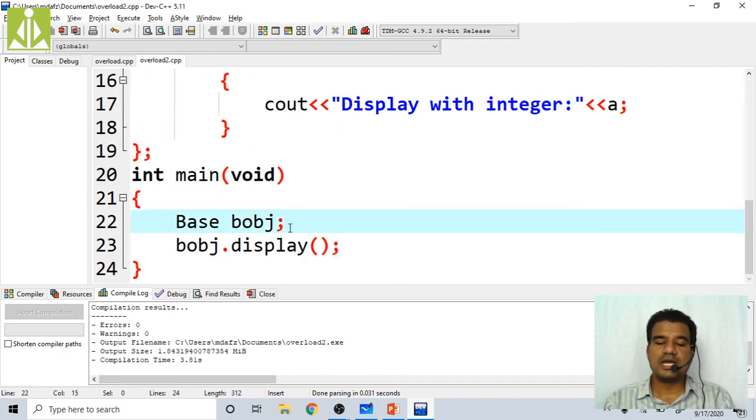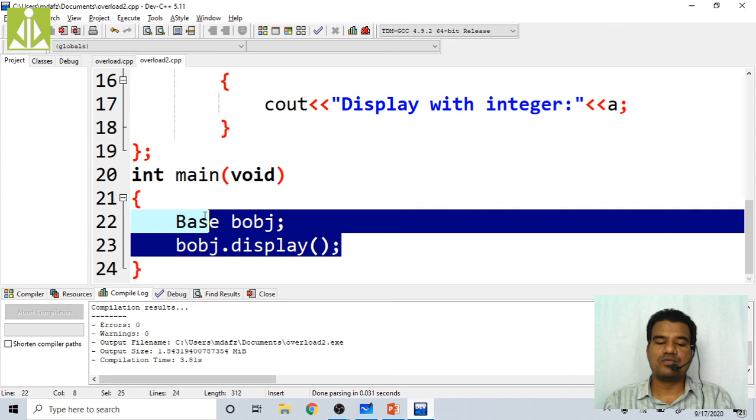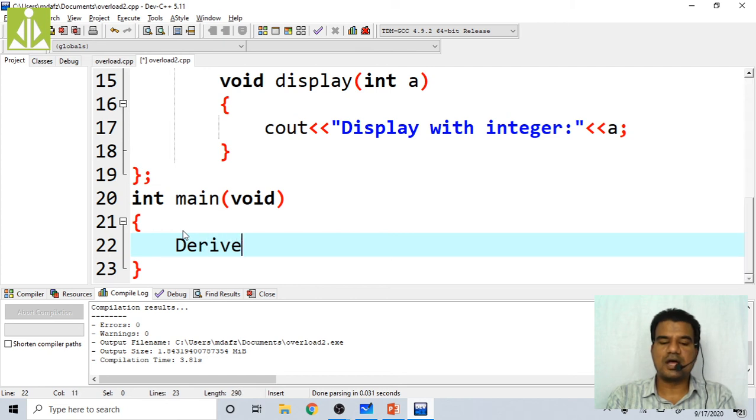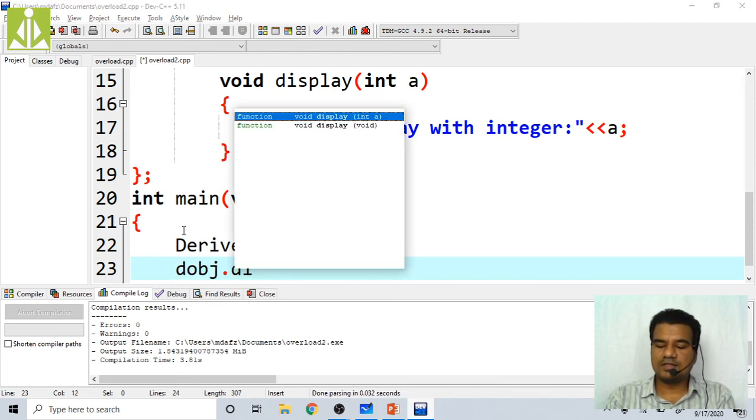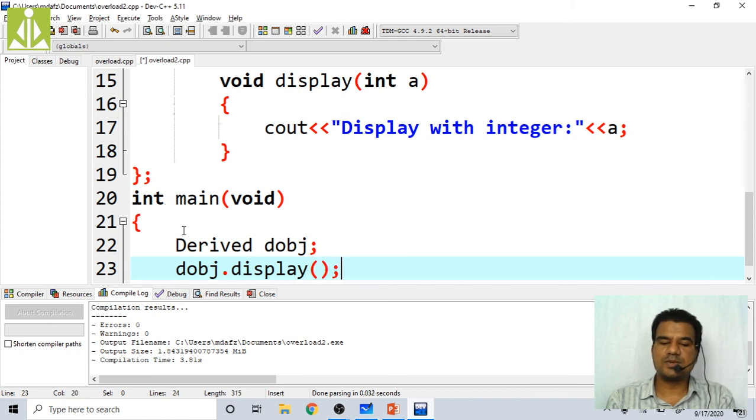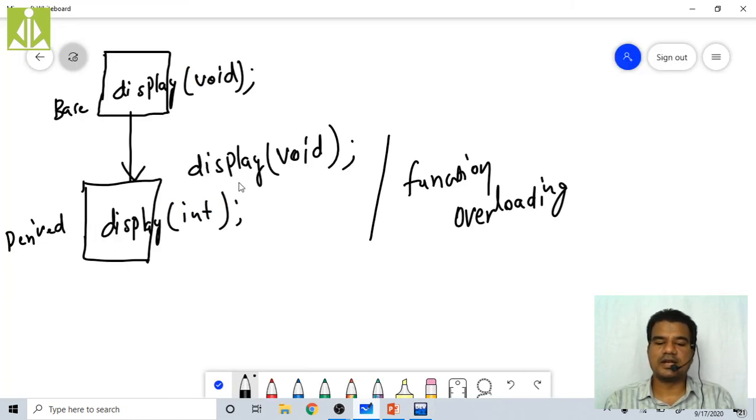Now what I am doing, I will remove this entire thing and create the derived class object. Derived DOBJ. So if I call DOBJ dot display without any parameters, this will also call the base class function which got inherited here.